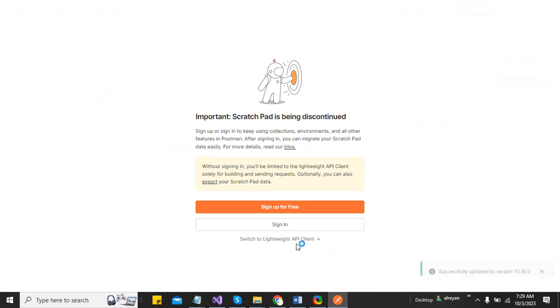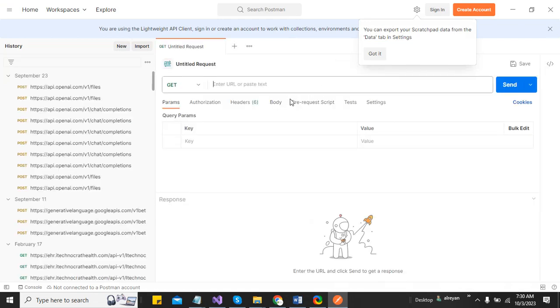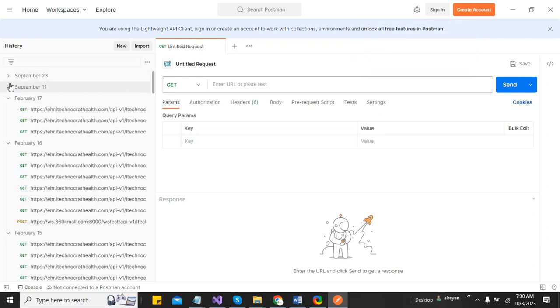Okay, it is asking to sign in, asking for the username and password. Let me switch to the lightweight API client. My god, it is redirecting me. My login is saying to log in to the API. Anyway,